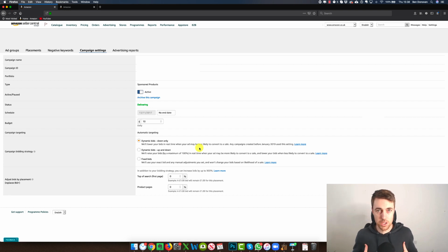The way I structure and the way I teach PPC is to give you a lot of control: the way you structure your campaigns, the way you use a keyword funnel, several different procedures like that, really give you the control, and always put you in the place where you can analyze the data and make some really solid decisions. So if you give Amazon back a whole bunch of control, it really makes it not worthwhile. So I only ever recommend either fixed bids or dynamic bids down only, and that's a relatively new update,